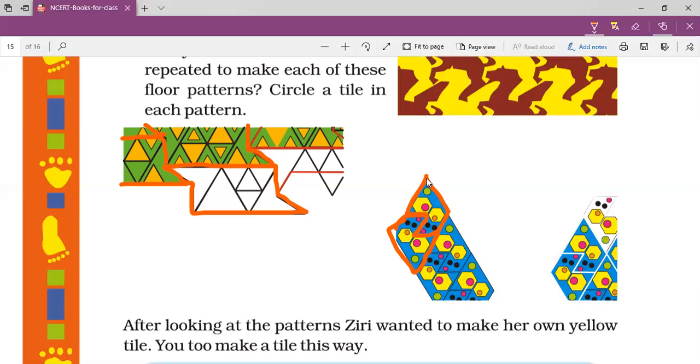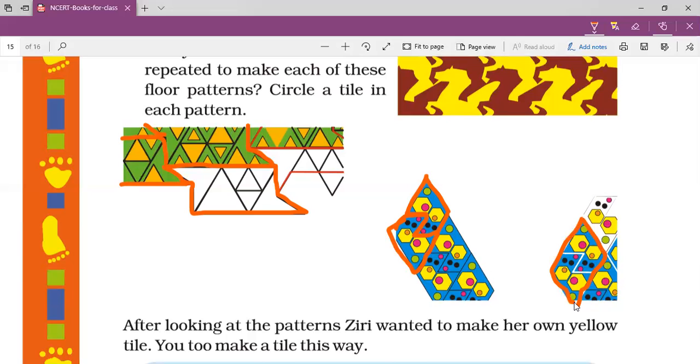Or it might be a diagonal shape. We can say like this also. So it contains one tile. This is one tile. If we see your room or your kitchen style, just go and watch it.